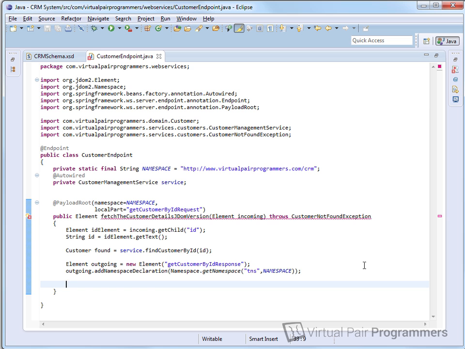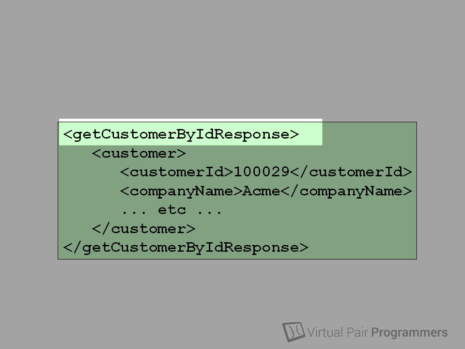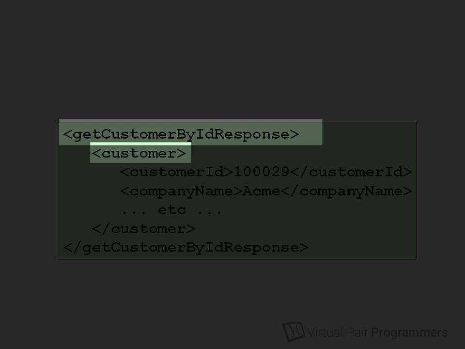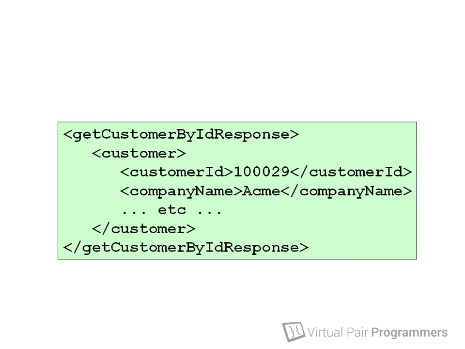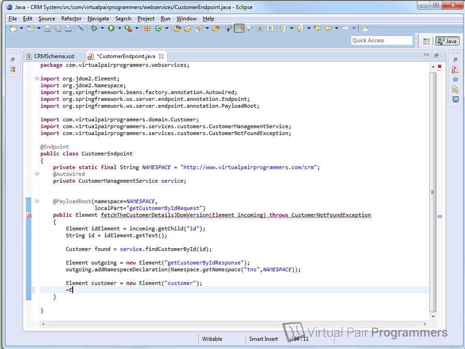The rest of the work now really is just fairly routine in building up the XML document. We're going to need an element for the customer, so I'll create a new element called customer. And as before, we pass into the constructor the name of the tag. So I've now created this tag here and this tag here. I now need to create some nested tags for the actual data, customer ID and company name and so on. So I'm going to need an element for the customer ID called customer ID. I'm going to need an element for the company name,